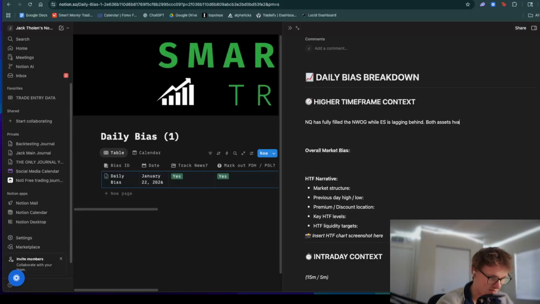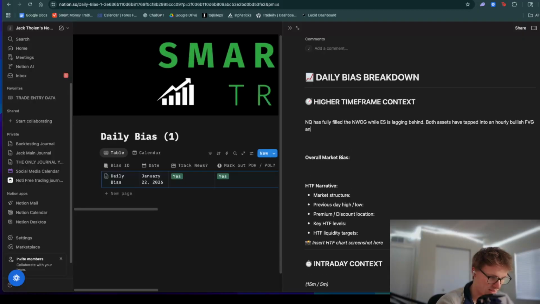Both assets have tapped into an hourly bullish fair value gap and are respecting it, period. We have an unfilled